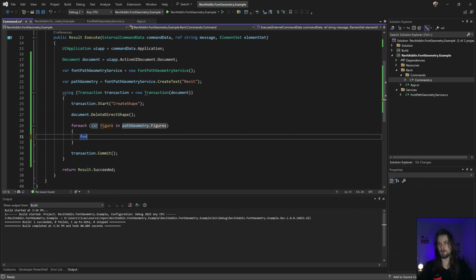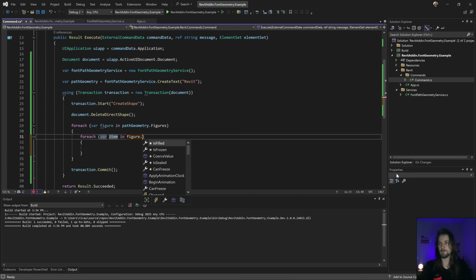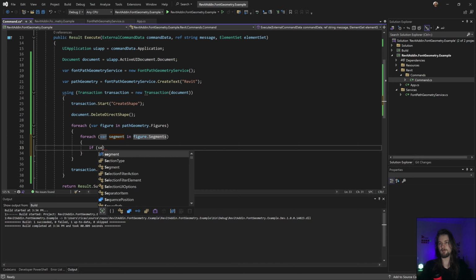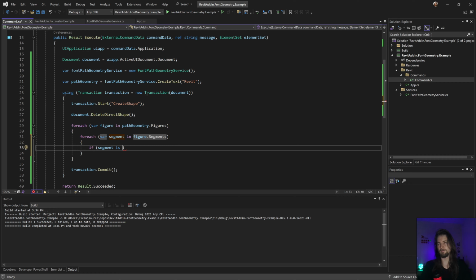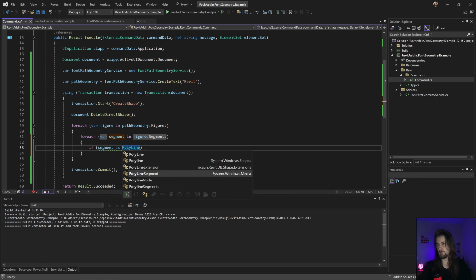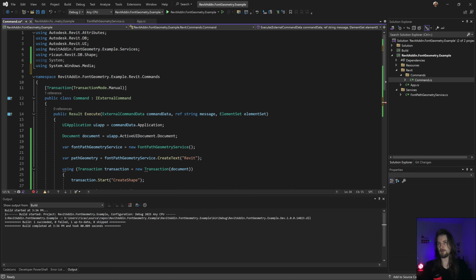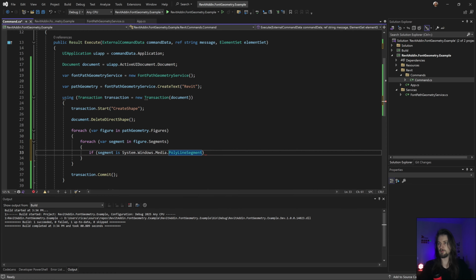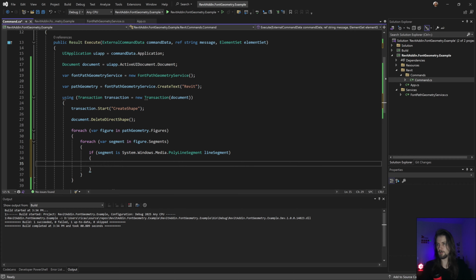So if I go and do something like this, yep, as segments. Let's add this one, segment, yep. If a segment is, I need to think, polyline segment, this one, yeah. I don't want to inject this in that, so I'm gonna use this one and line segment, yeah, something like this should work.